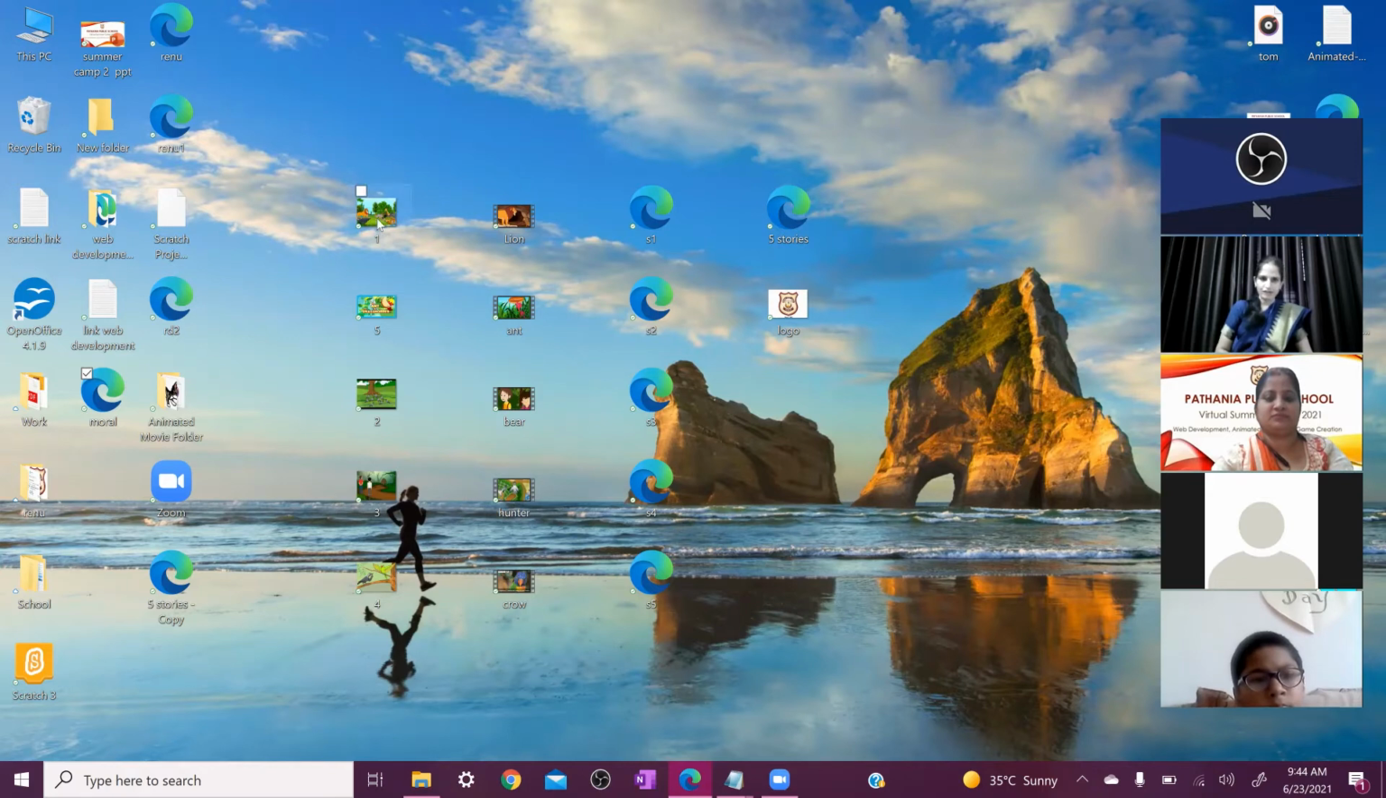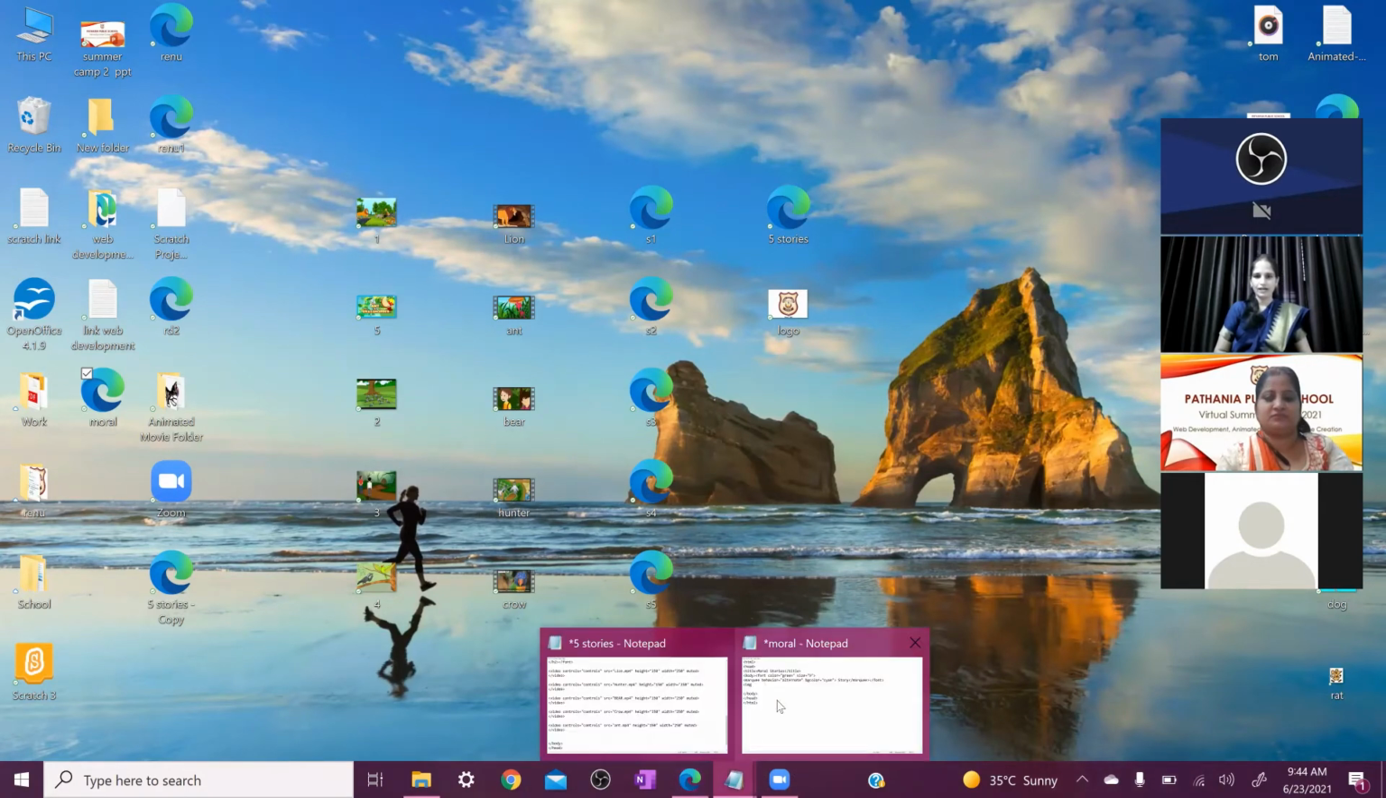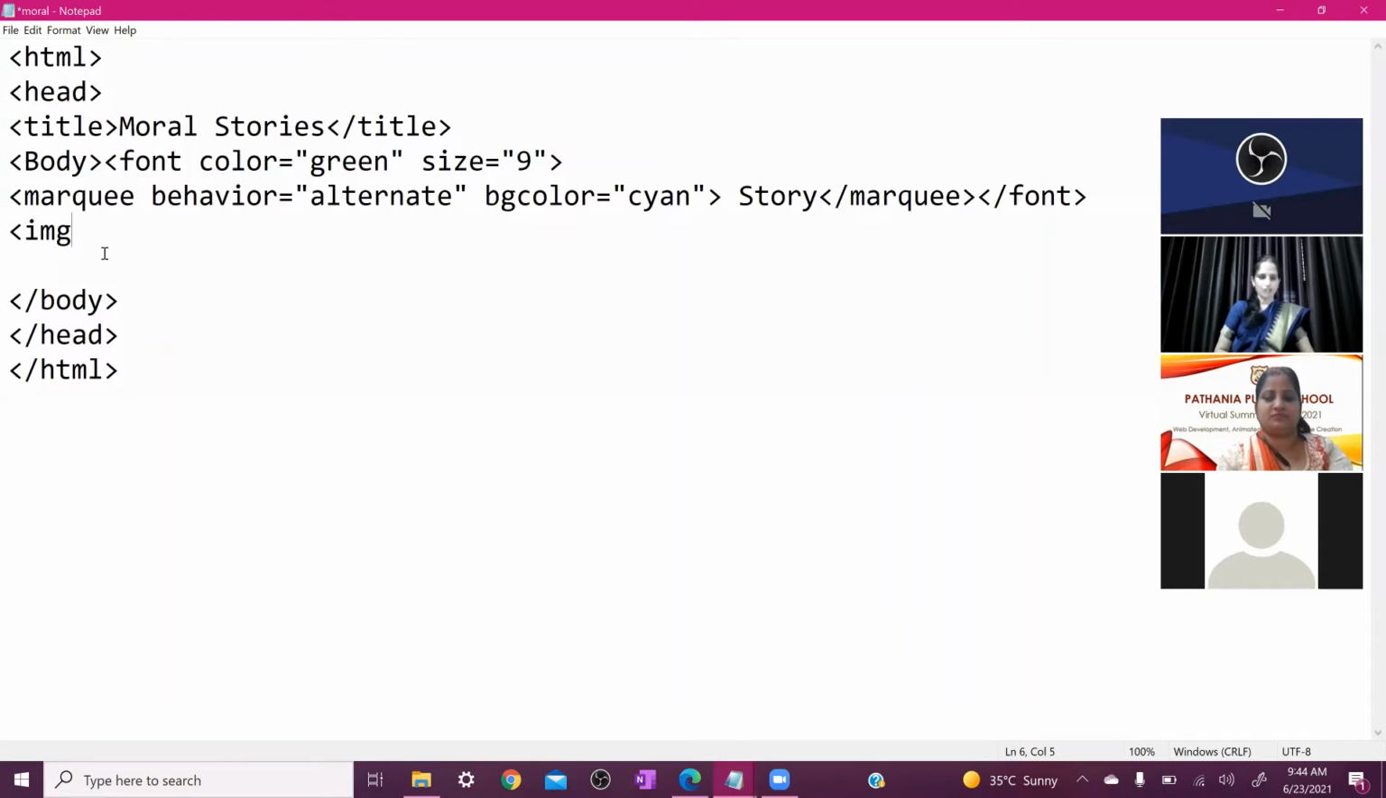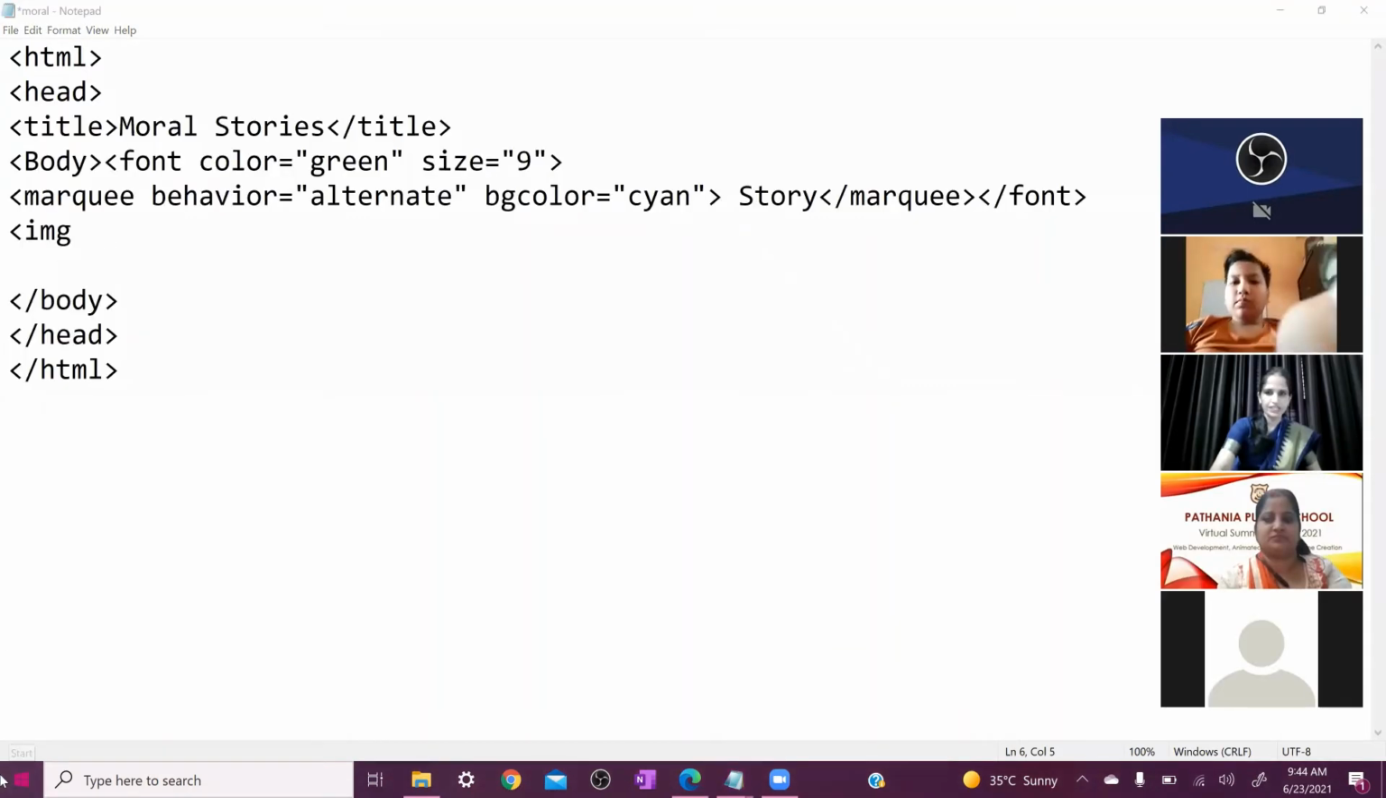So you can see here 1, 2, 3, 4, 5 is written here. So these all are the images. Everyone, save all these images on your desktop. Then we use these images in our web page. So how do we use it? Open your notepad again, and now you write img space